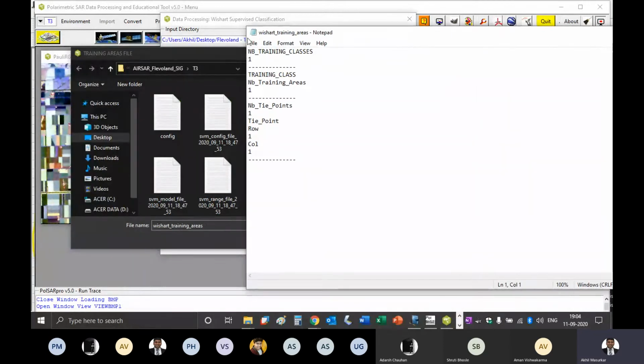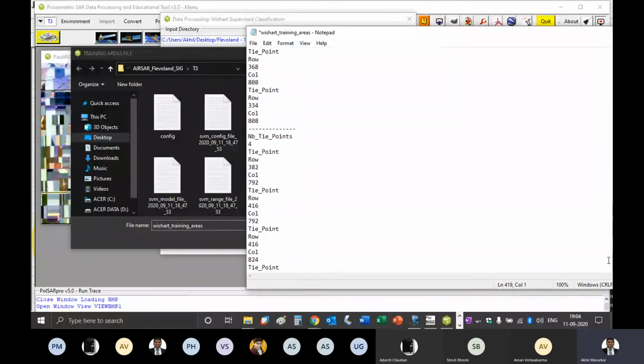You can see there is nothing in this file. It is absolutely just one point it has taken. So here you again say Control A and replace this entire thing with what you have copied.